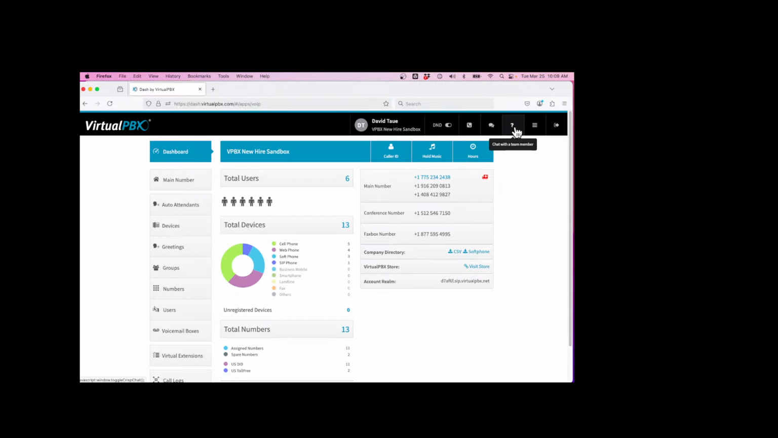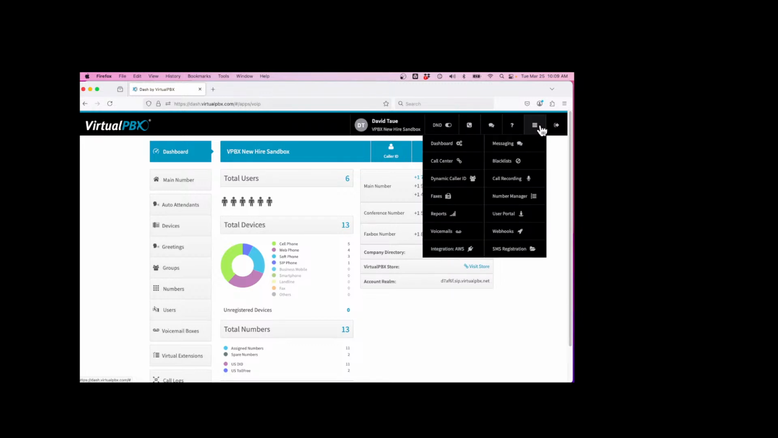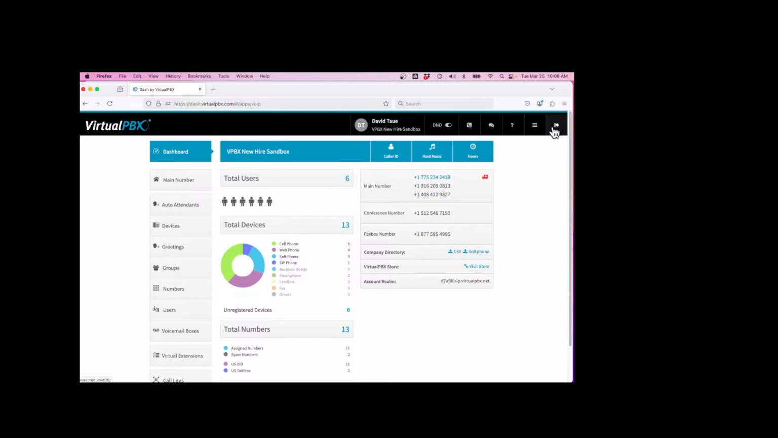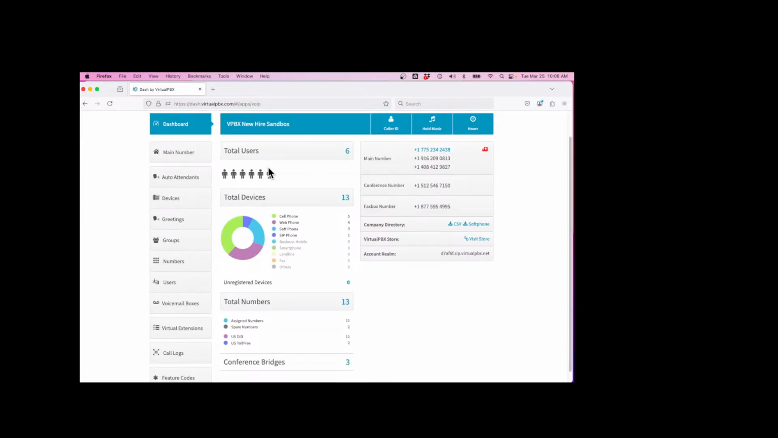The 3 horizontal line icon here, or the hamburger icon, it's just the menu icon. This gets you to other Dash features. We'll cover these briefly at the very end. And then the arrow to the right is to log out. Skipping down here to the middle,